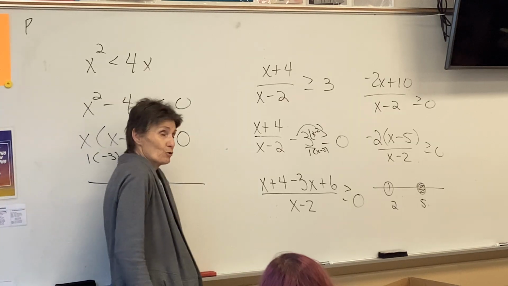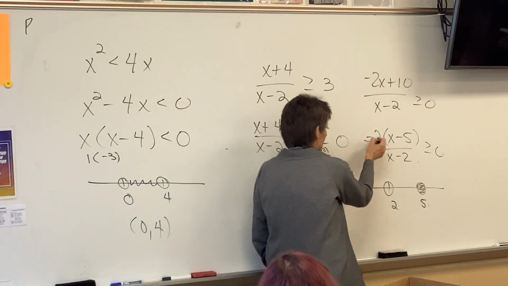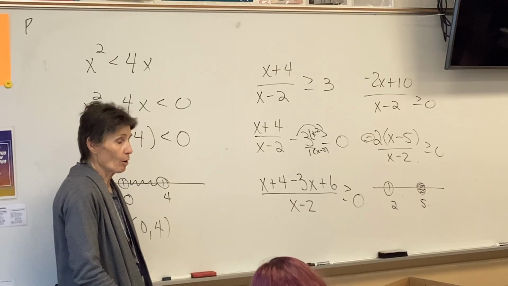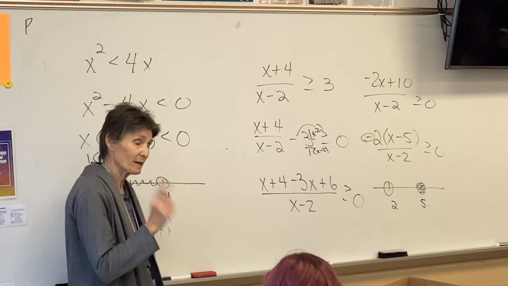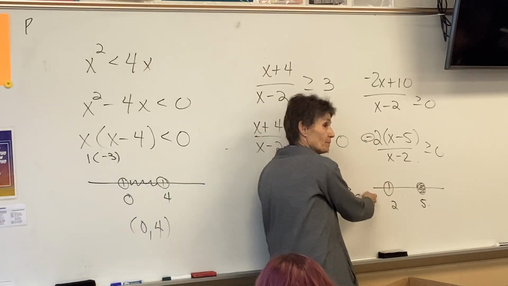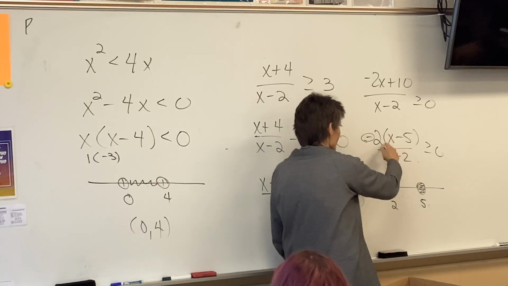Now you can use your shortcut on this one too. You have to be careful. It's going to be backwards. There's a backwards shortcut. Or if you want to do what Zion does, he's going to pick a point. Can you pick 0 this time? Yeah, you can pick 0. Then he plugs in 0. He gets